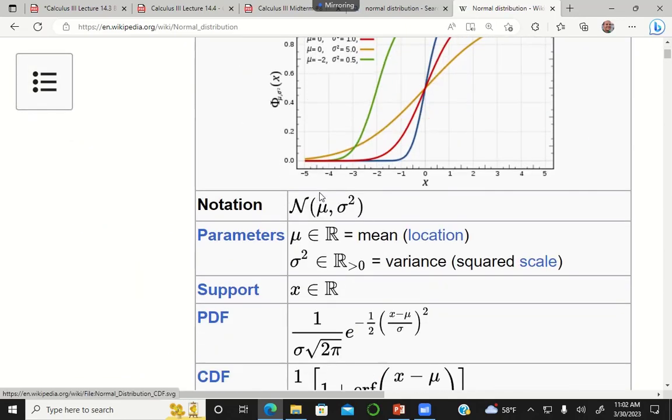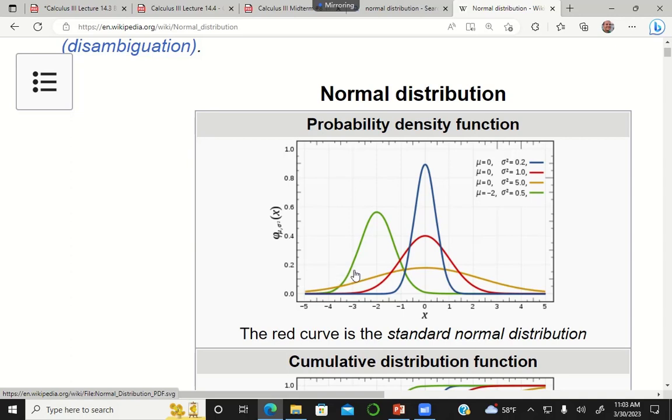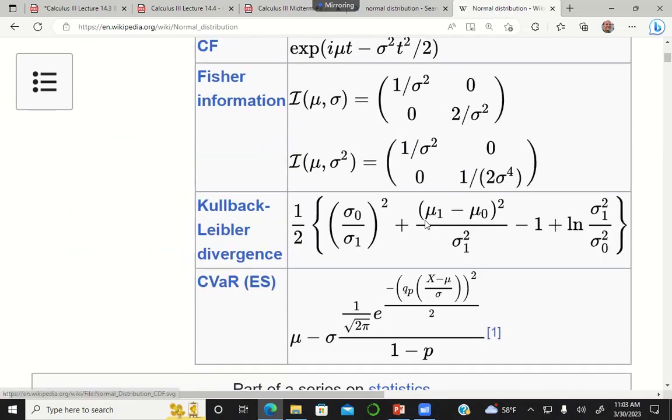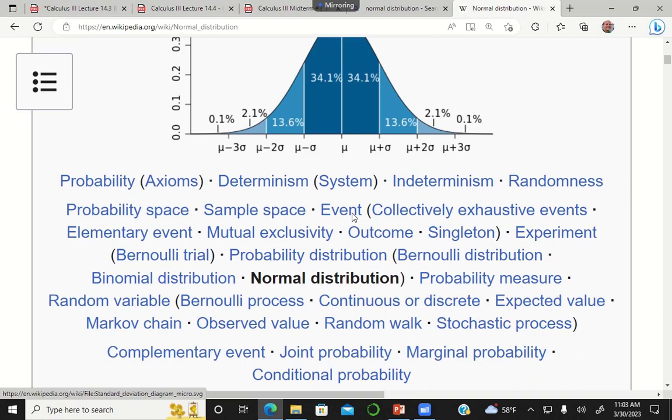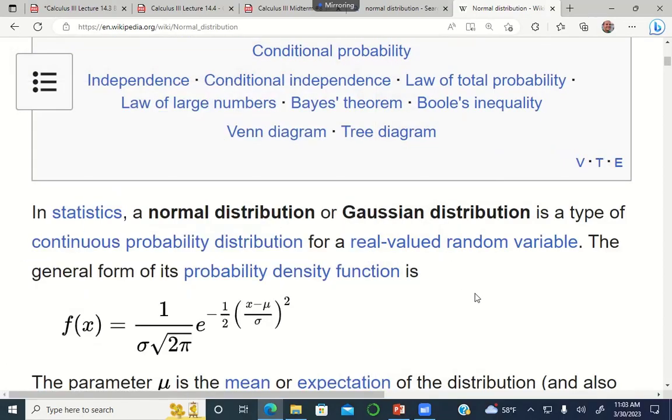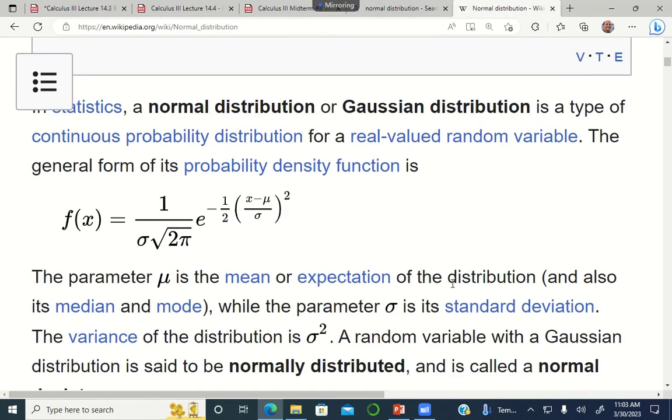The normal distribution is a lot of times called the bell curve because it sort of looks like a bell shape. And the idea is the normal distribution describes the probability density assigned to each of the possible outcomes for a continuous random process. So a lot of things in the natural world are either continuous random processes, or you could approximate them using a continuous random process. And while in statistics there's a whole bunch of different distributions that describe different situations,